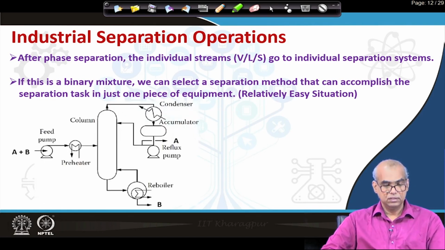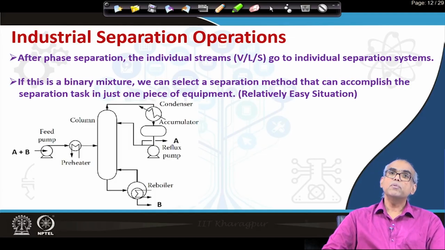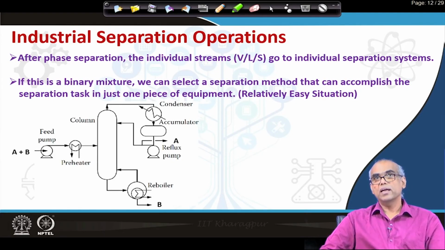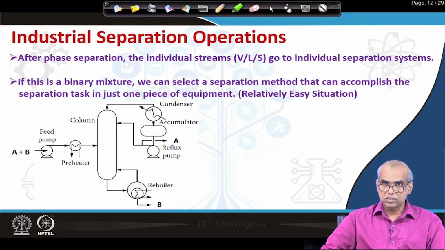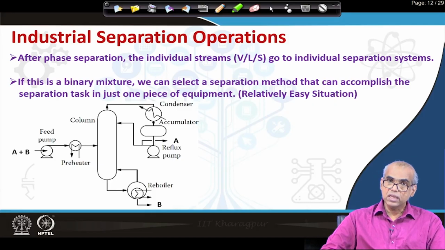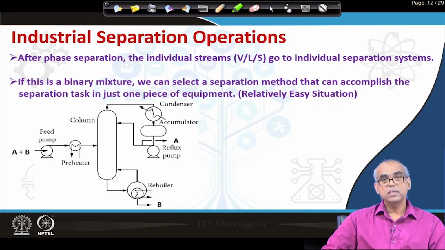For example, if the individual stream that I am talking about is a binary liquid mixture, and let us consider that they are not close boiling mixtures, we can very easily consider a binary distillation process to separate this mixture of A and B into relatively pure components A and B. It is possible to accomplish this separation in a single piece of equipment, for example, here in a single distillation